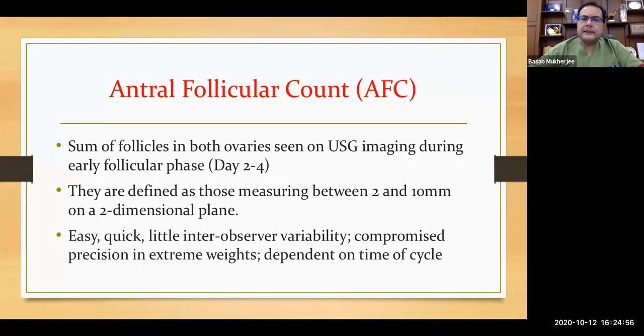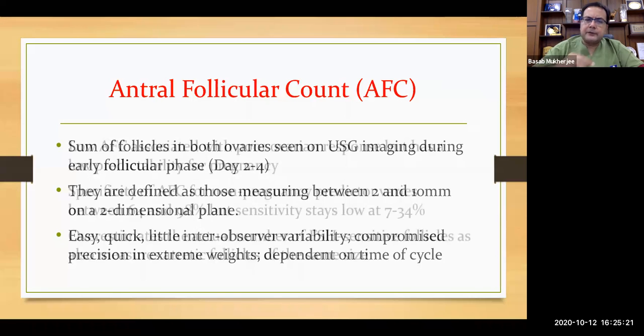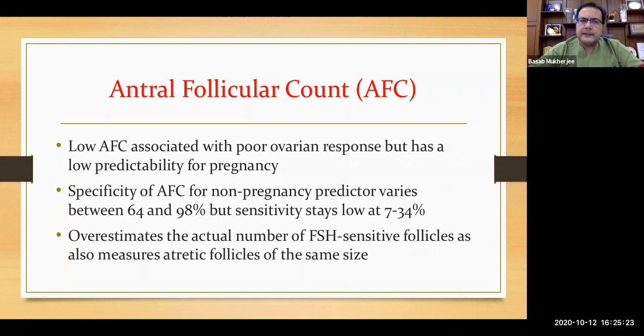It is easy, quick, with little inter-observer variability, but has compromised precision in measuring antral follicles in women with extremes of weight. So a woman who's very heavy and a woman who's very thin may have some false reports, or the precision would not be as accurate in measuring the antral follicles. And it is dependent, of course, on the time of the cycle. A low AFC is associated with a poor ovarian response, but has a low predictability for pregnancy. Again, it may show that you have a poor ovarian response, but that doesn't mean that she will not become